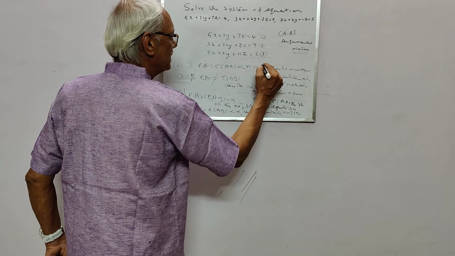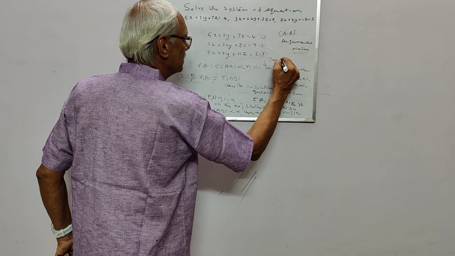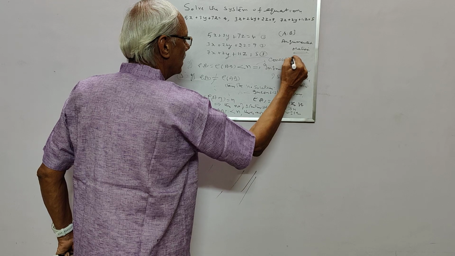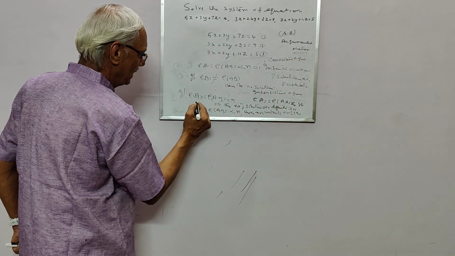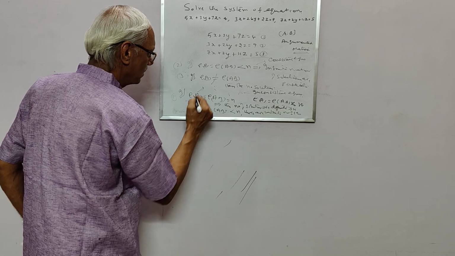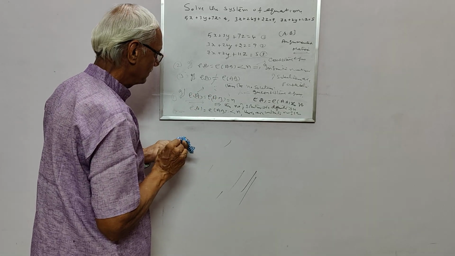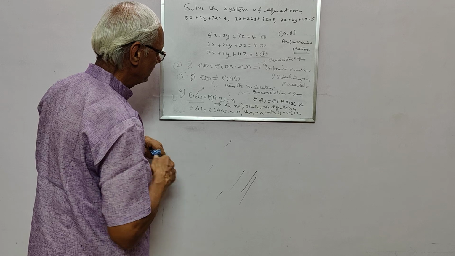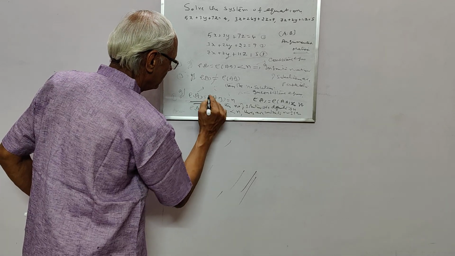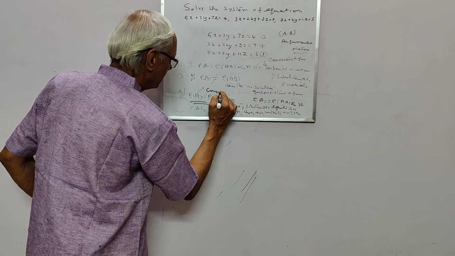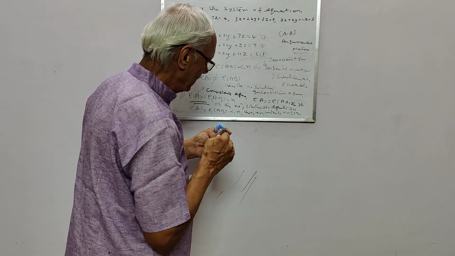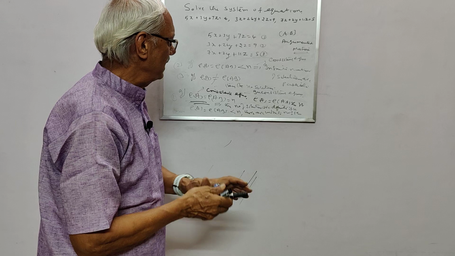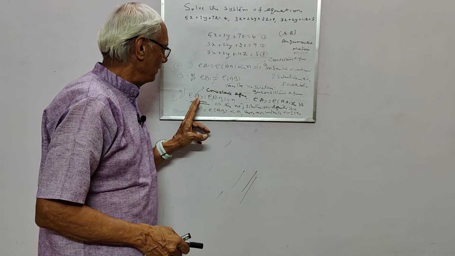Inconsistent equations. In this case it is consistent. Here also it is consistent. In this particular case this is also consistent. Here also it is consistent. So you see that here, what I want to tell you is that if rank of A is